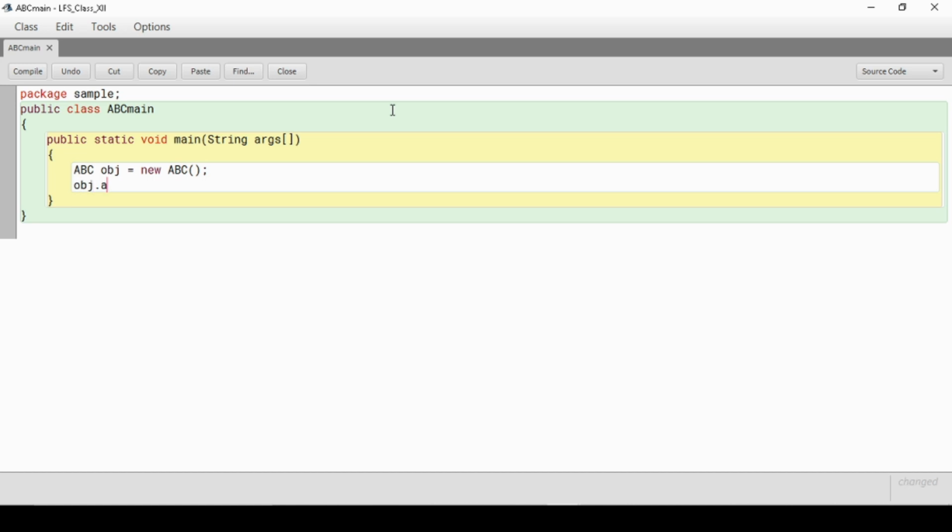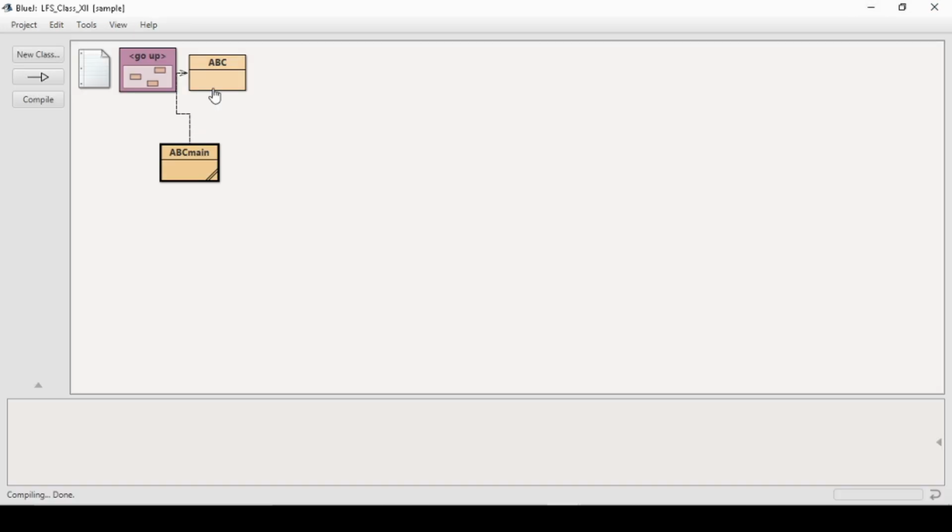So obj.a is equal to 10. Let's see whether we can access that or not. Okay, it's accessible.